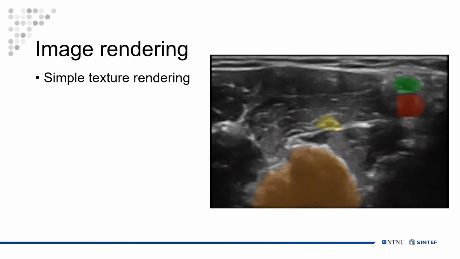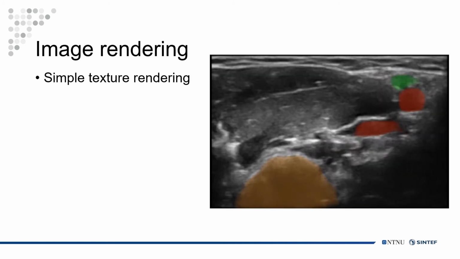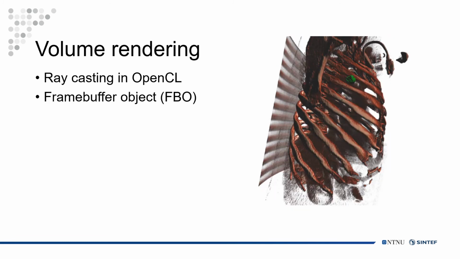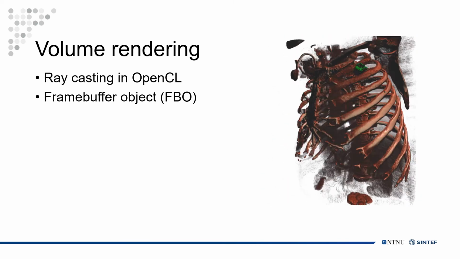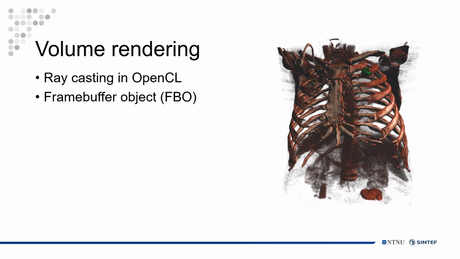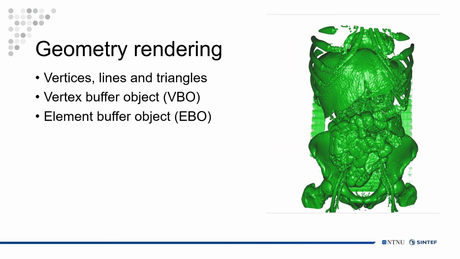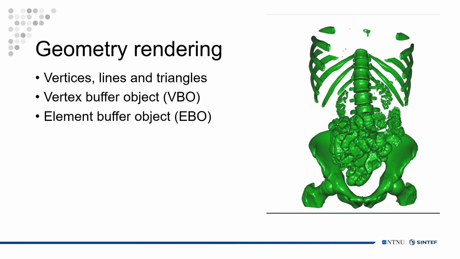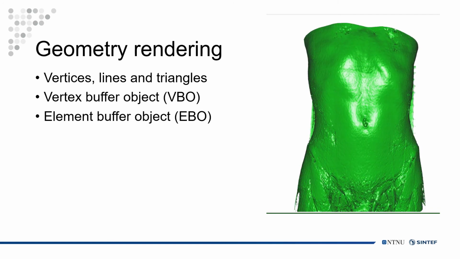FAST supports many visualization types, like regular 2D image rendering, which is done mainly with OpenGL. Raycasting volume rendering is implemented in OpenCL by calculating every pixel of an OpenGL frame buffer object. And geometry rendering is done by filling up vertex buffer objects and element buffer objects either on the host or with OpenCL, and it's then